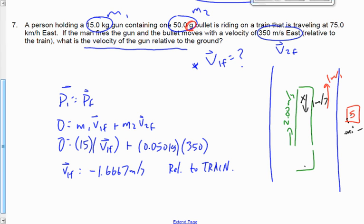Okay, so here we are with the train and the gun. The train is moving to the east. Relative to the train, the gun is moving backwards. So how do we find the velocity relative to the ground? It's like this one, right? The train is moving this way, the gun is moving this way. I subtract them. So the velocity relative to the ground would be 75 kilometers per hour